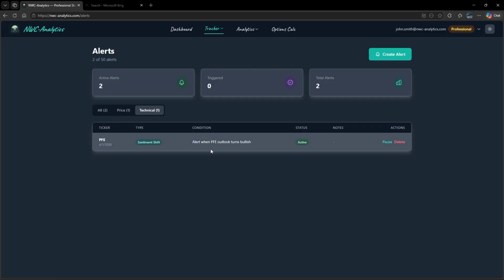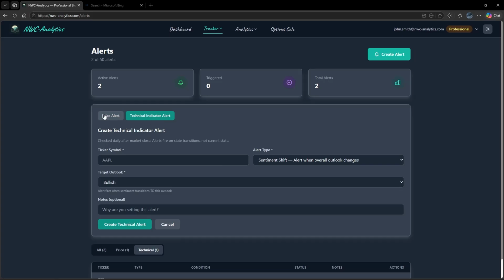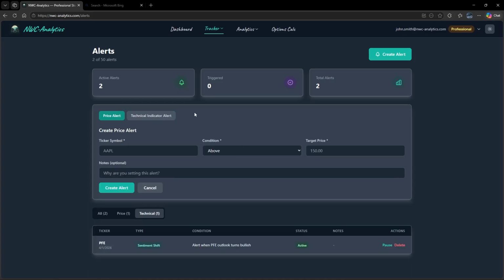There are a lot of different alerts under our technical alerts. So first, we will create a simple price alert. We click on the create alert button, and it defaults to price alert. If we wanted to do a technical alert, we would click on technical alerts. But since we're doing a standard price alert,